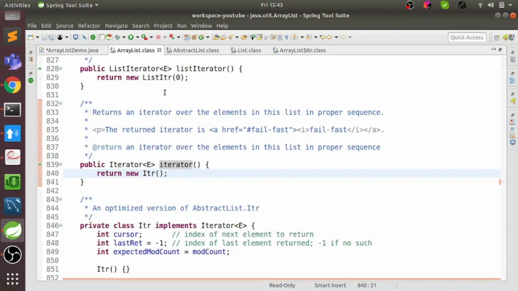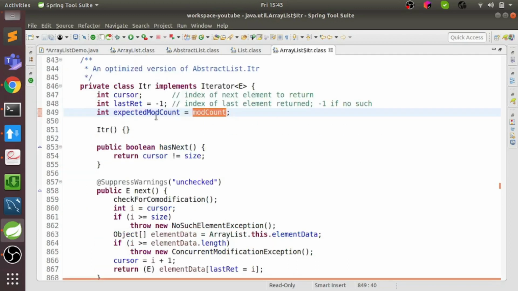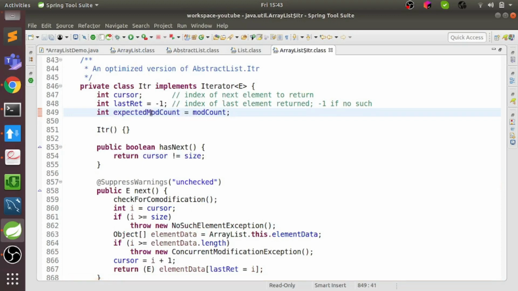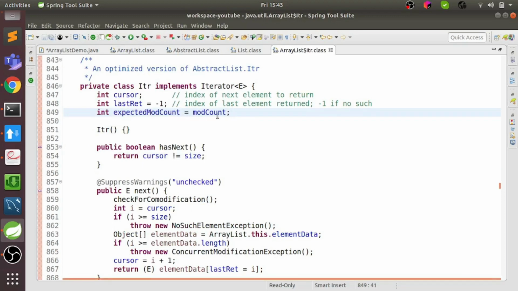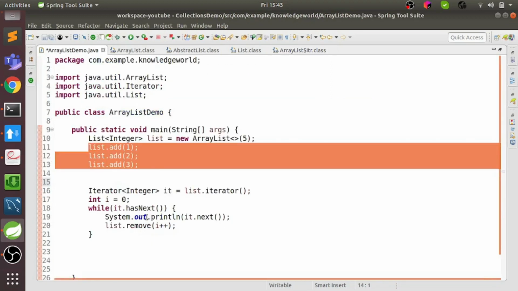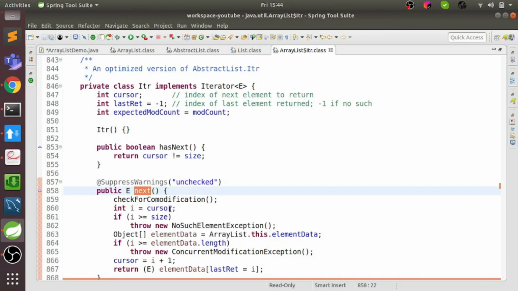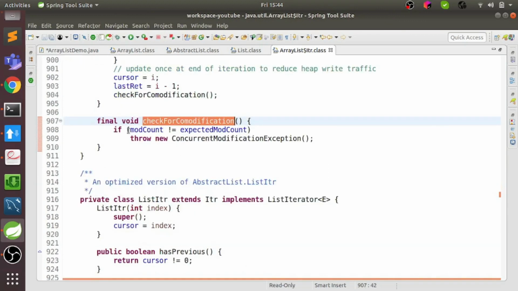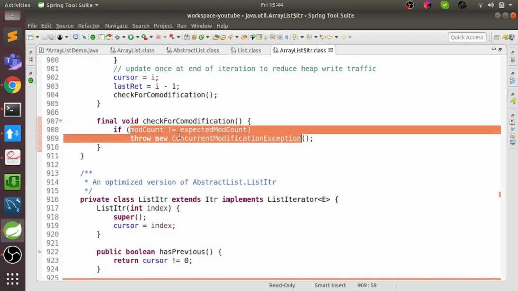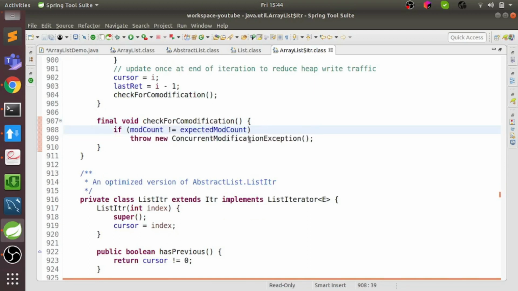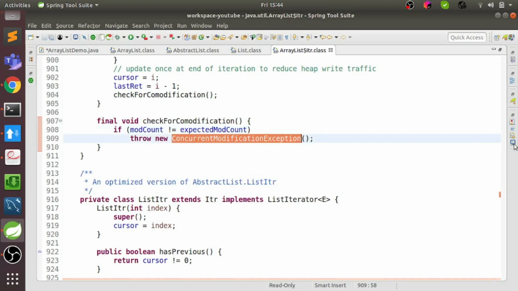Now what it has done is initialize the modCount to another variable, expectedModCount, which is 3. So now modCount equals expectedModCount equals 3, and on every next function call, it calls this function checkForModification, and if the modCount is not equal to expectedModCount, then it throws the ConcurrentModificationException, which we have got.